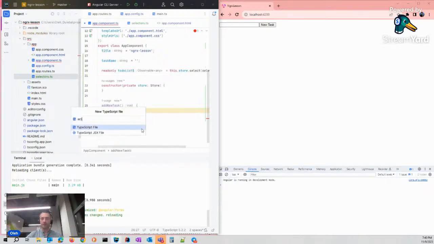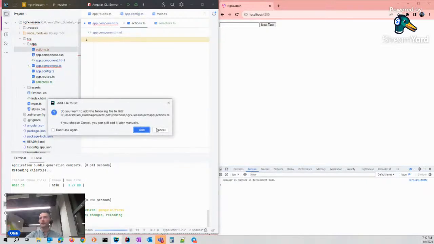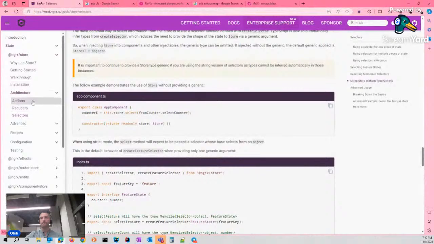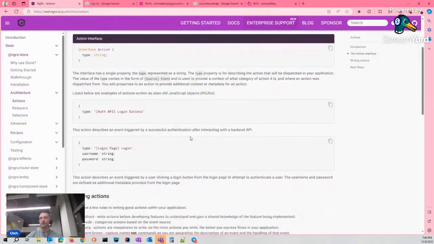Let's create an actions file. And what are actions? From our documentation, of course.